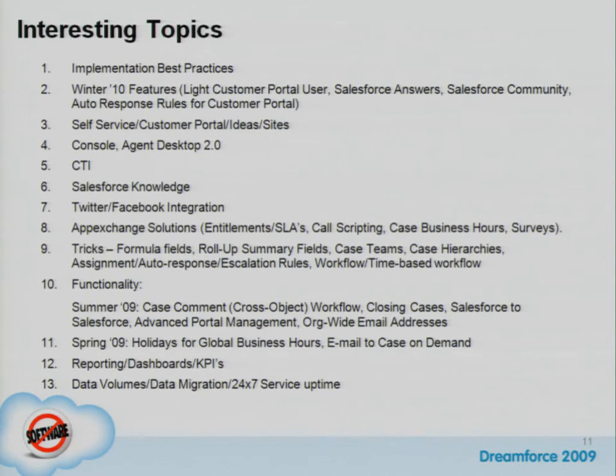The other one that I just remembered was Rasmussen College. They use us for customer service and support. The story that stood out in my head is they had no method of interaction tracking or case tracking prior to Salesforce. And now with it, they want their reps to be the center of the student's life.